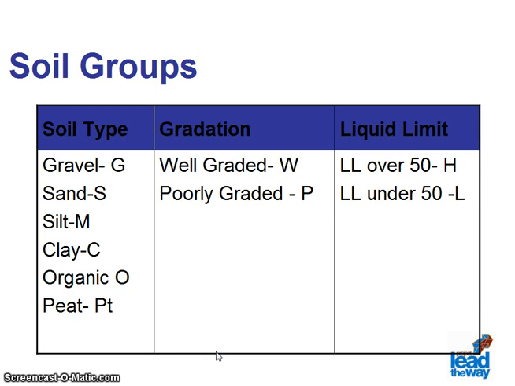Once a soil has been classified, it can then be grouped according to soil type, gradation, and liquid limit. Each is assigned a unique letter which is then used in combination to form the different soil groups. Please look at the last column, the liquid limit. This refers to the moisture content at which soil changes from a liquid state to a plastic state. Along with the plastic limit talked about earlier, it provides yet another means of soil classification. This brings us to the end